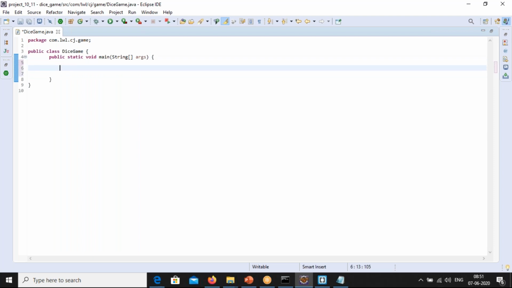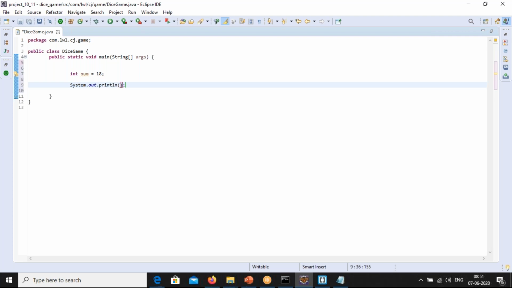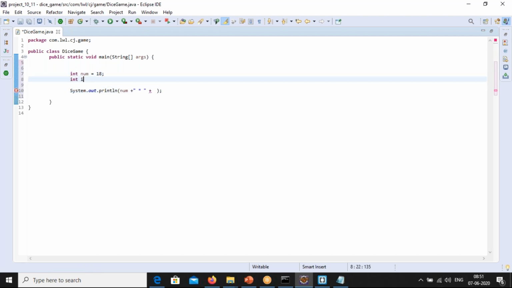Now suppose I take one number, int number equal to 18. To print this number as output, I write System.out.println, number into, then plus, and take the i value, int i equal to 1.